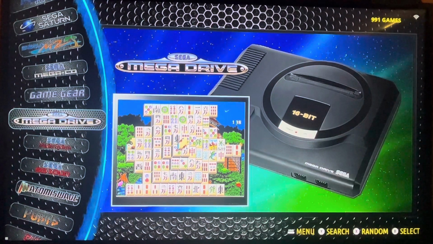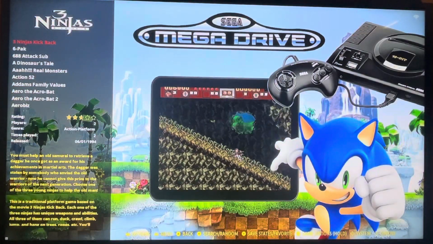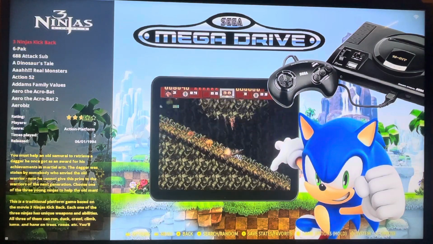in, they will work. But what about the games that didn't have built-in cheats enabled by the developers? Well, thankfully, emulation is here and anything is possible. So I'm going to show you now how you can enable cheats that weren't originally intended to be used. So let's just go with a Mega Drive game, and top of the shop is Three Ninjas Kickback. So we're going to load the game